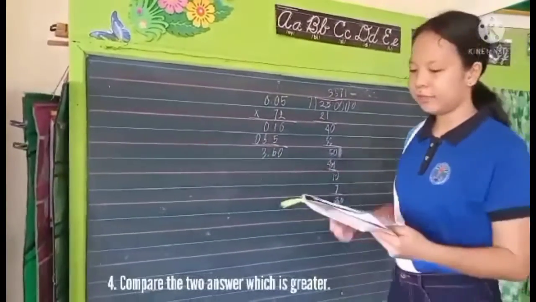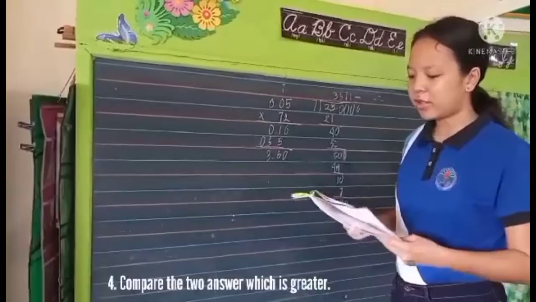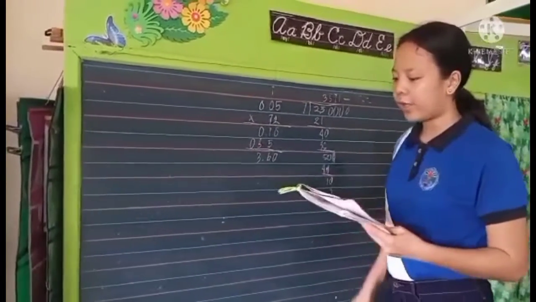Now, as we can see, the answer is what is the greater in 25 over 7 or